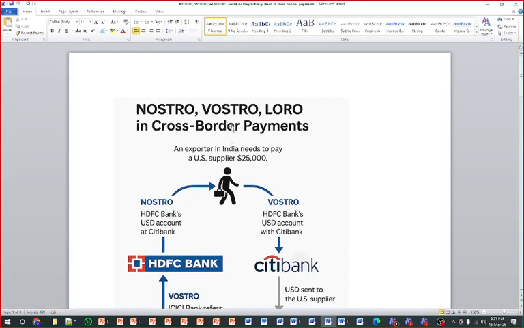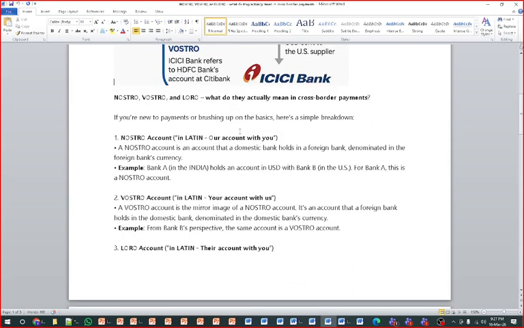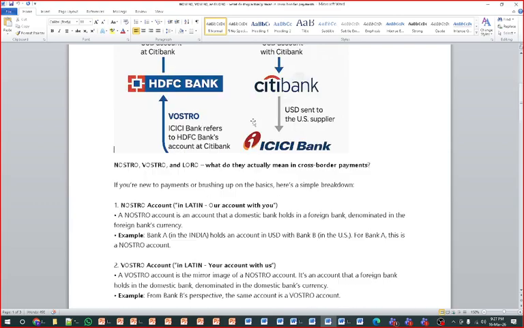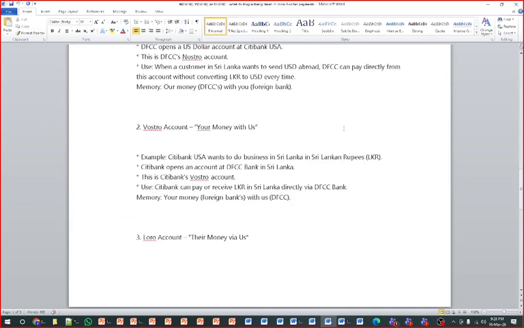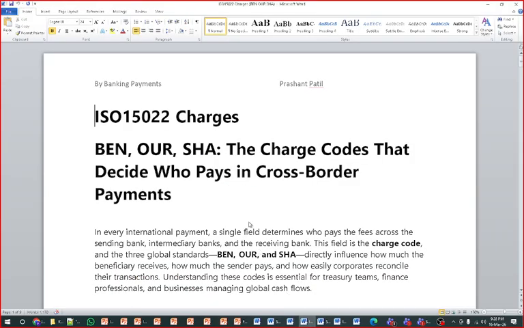Okay, we have also discussed the Nostro and Vostro concept already, but it is mentioned in a detailed manner because it is very important. If a Nostro and Vostro relationship is not there, then there is a corresponding banking relationship. For example, if you are transferring a payment from India to the UK, Nostro and Vostro is there, but if you want to transfer from India to Uganda, this concept is not there. So somebody has to be involved as a mediator, which is called corresponding banking. So a US bank like Bank of America will be part of this. This is the concept of Nostro and Vostro, and we'll discuss it in a very detailed manner as well.